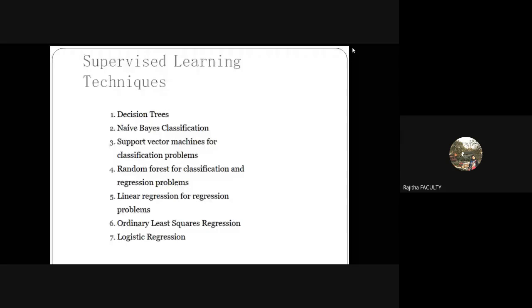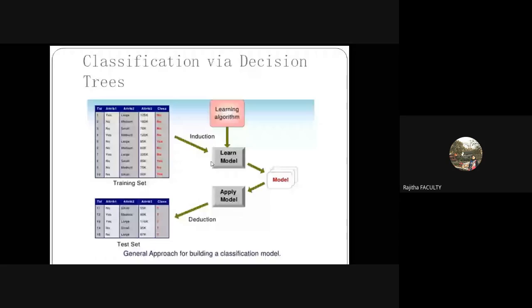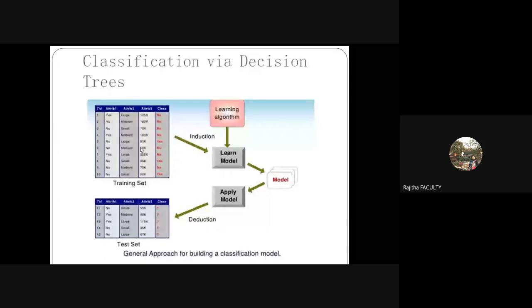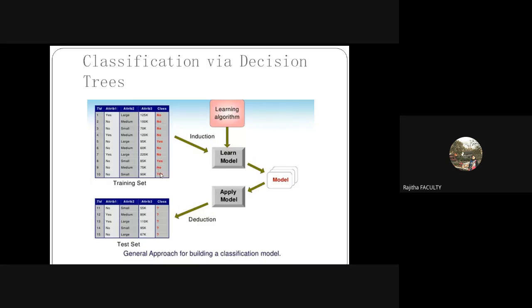So classification indicates classification via decision. That means first of all, you need to have two things to train your machine in classification problems. One is the training set, another one is the test set. Okay. Now I have the attributes, the training data and the test data. If you observe here, I have some tuples, attributes 1, 2, and 3, and there is a class, right? Now there are only two classes if you observe, yes and no, right? Only two classes are present in this classification.